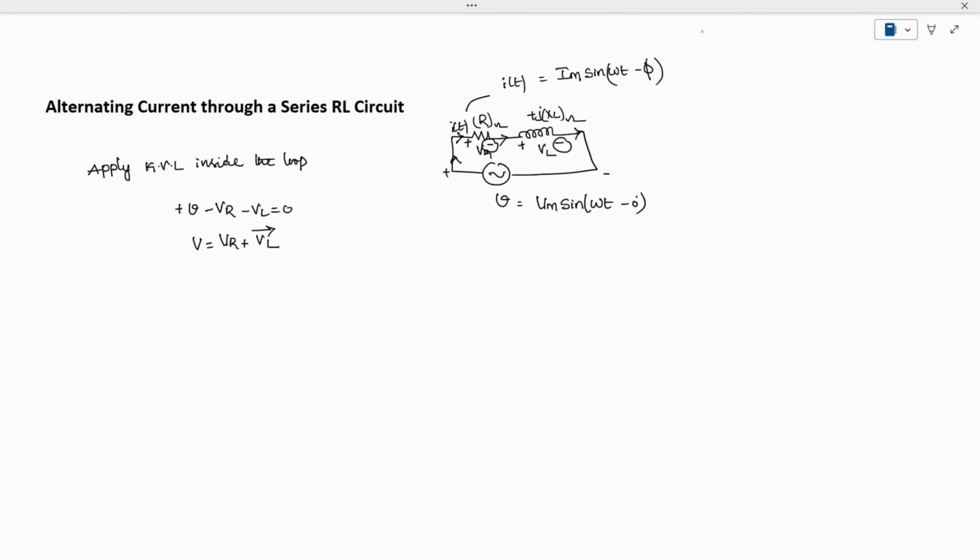So these are like a vector addition. Okay. So now let's try to draw the vector diagram for this. And we can write down V is equal to, when they are vectorially added, square root of VR square plus VL square. Okay, so now when you're trying to draw the phasor diagram, let's try to understand how the phasor diagram is. So the phasor diagram we are going to draw in this fashion. Okay, so while drawing the phasor diagram, I'm taking the voltage VL at an angle of 0